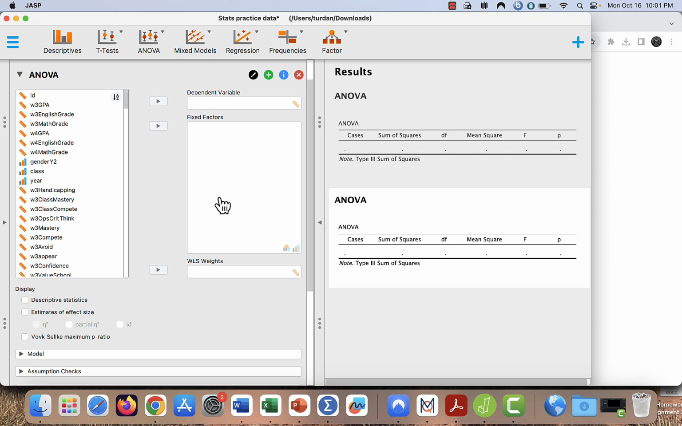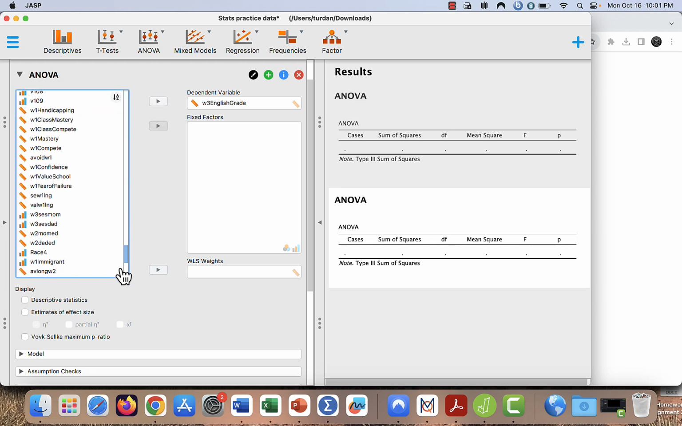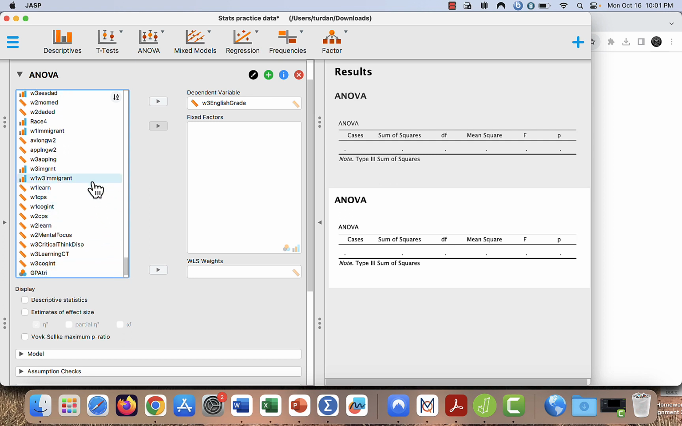We need a dependent variable. And the dependent variable has to be a continuous variable, so something measured on an interval ratio scale. So let's use English grade for that. And then I'm going to compare kids who are first, second, or third generation US in the US. So this wave 1, wave 3 immigrant variable